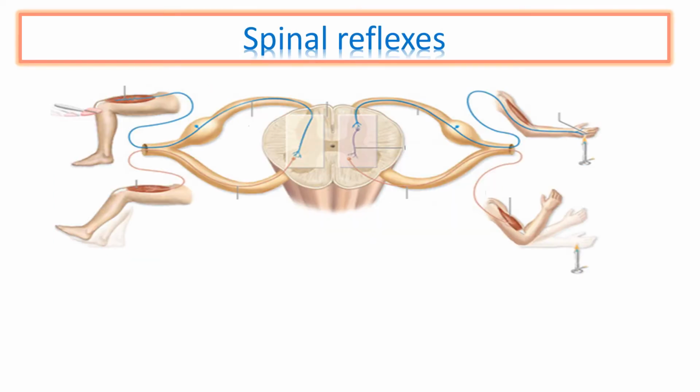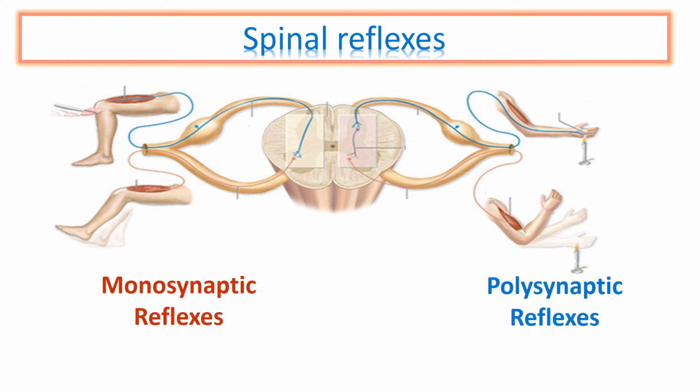What about the spinal reflexes? Actually, we have two types of spinal reflexes. One we call monosynaptic and the other polysynaptic. What do we mean? Monosynaptic reflex means, as we mentioned before, there is a receptor, afferent, center, efferent, and effector organ, as we mentioned before. So, when there is a direct contact between afferent and efferent,